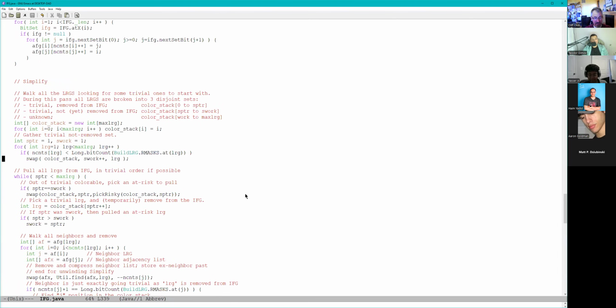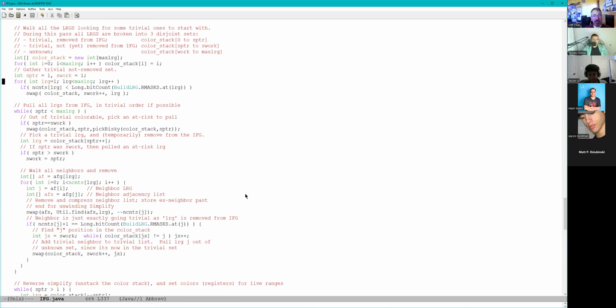Then I have a simplify pass and an unstack on simplify. So this is standard graph coloring. Simplify is pulling things out of the interference graph that are trivial, and then there are special hacks for when they're not trivial. When you're done, you reverse and put trivial things back. Trivial guys always have more colors allowed, more registers than neighbors, so they're guaranteed to get a color. So when you pull out the trivial guys, the graph keeps simplifying, more and more things get trivial, until you get to these cliques, these knots of live ranges. They all touch each other, and now